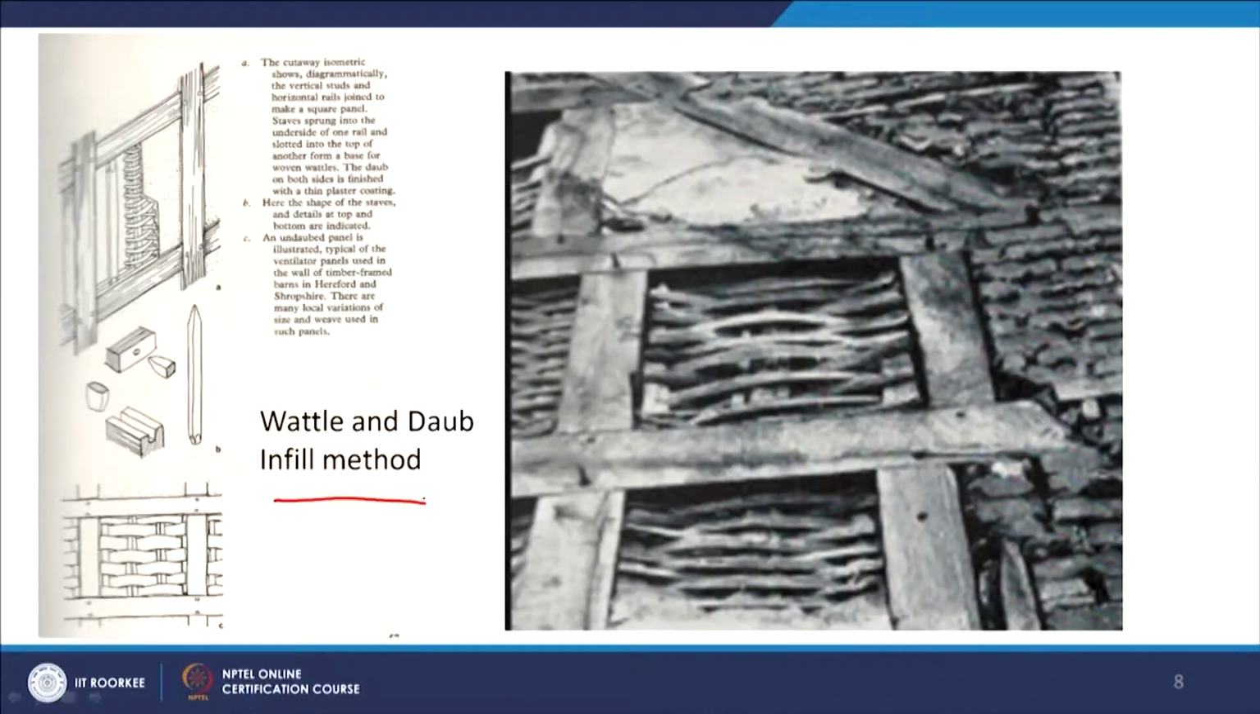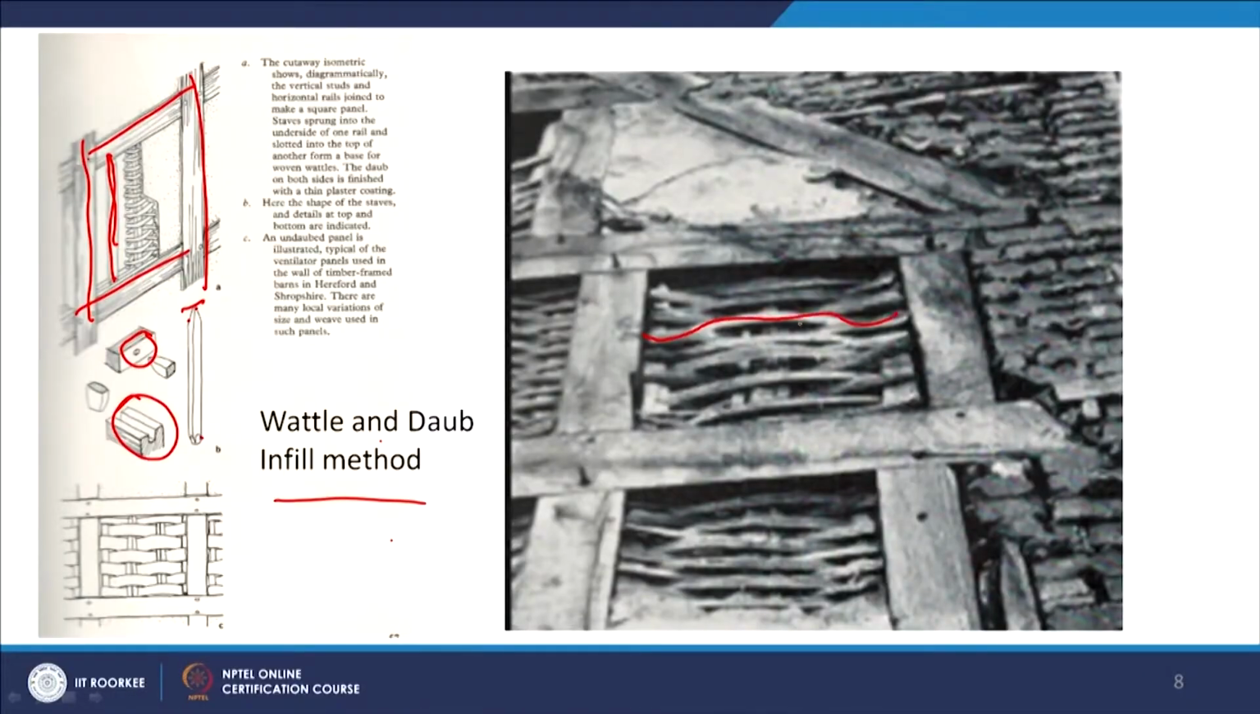So one of the constructions which I would like to bring to you is the wattle and daub infill method. Here you can see that you have the vertical studs and the horizontal rails. So how it fixes at the top and how it fixes at the bottom gives a kind of framing. And then these wattles go like this, one over the other, inside to outside, outside to inside, and then again you fill it with a kind of daub. So this is one of the techniques,